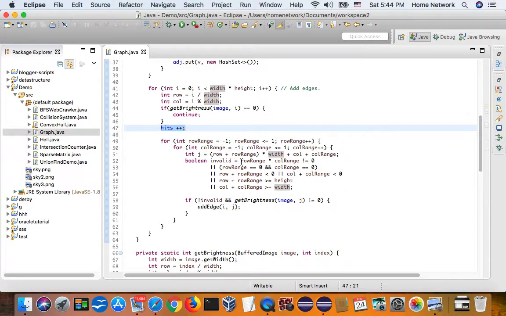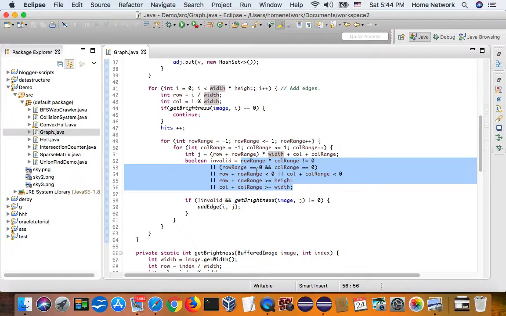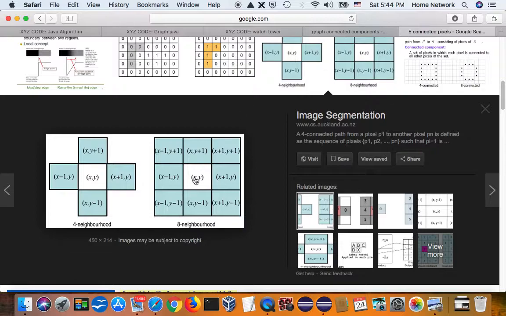And here, this logic is like here. Given a current pixel, we want to find its neighboring pixels. If those neighboring pixels are also on the dots, we want to add an edge on the graph data structure. So it means those pixels are adjacent. Otherwise, say if this is a dark background, then this one should be ignored,